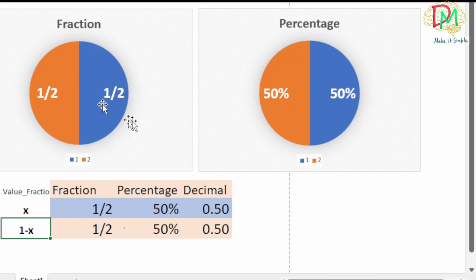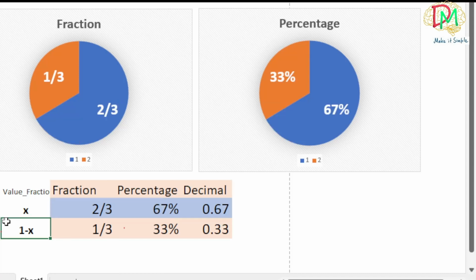Okay, so this is the fraction pie chart and this is the percentage. Now if we change to 2 by 3, then it shows that the blue color is 2 by 3 and it is 67%, and the orange color is the remaining value, 1 minus 2 by 3, that is 1 by 3 orange part, and in percentage term it is 33%. Now look at this, both fraction and percentage, 2/3 part or 67%,